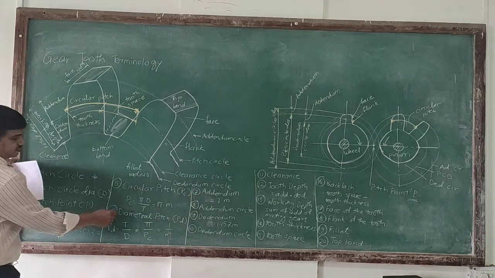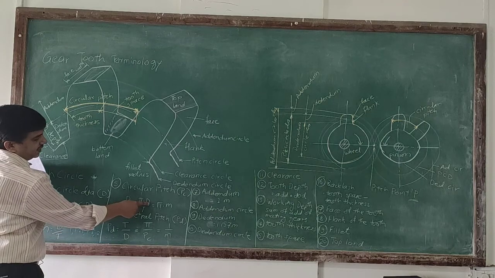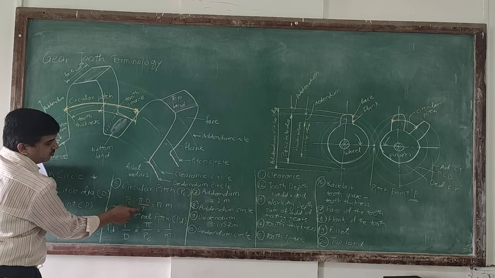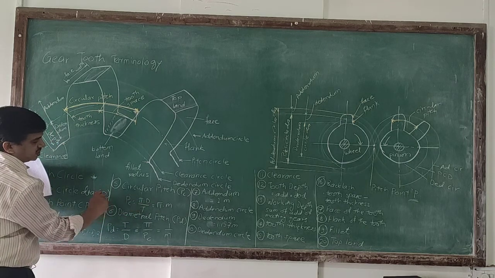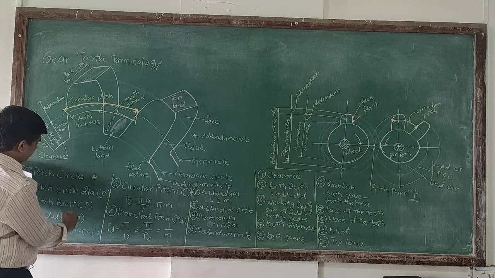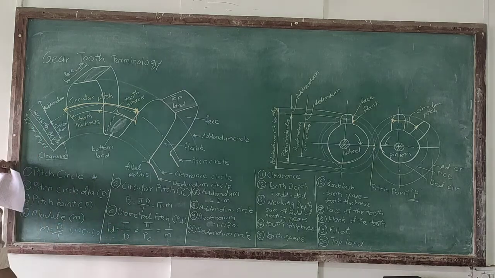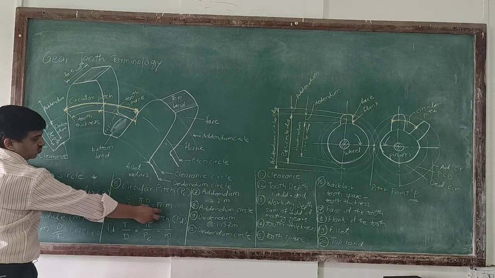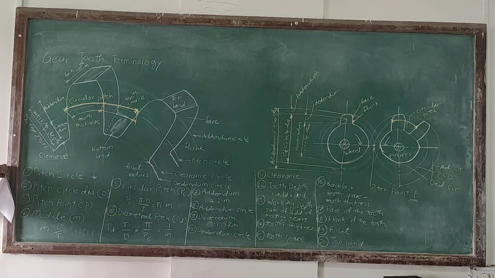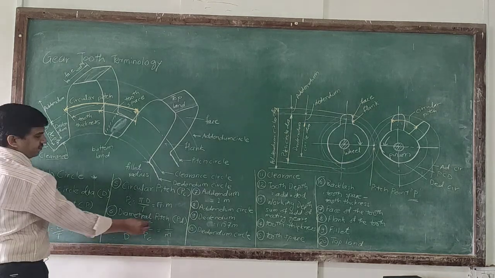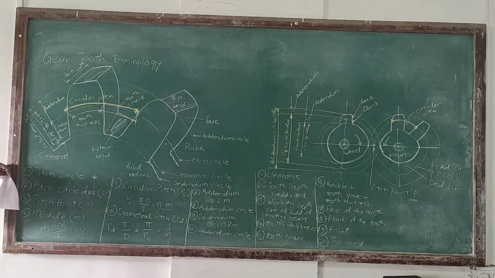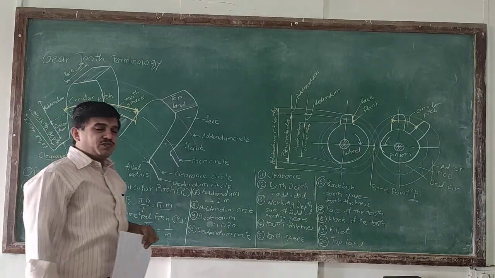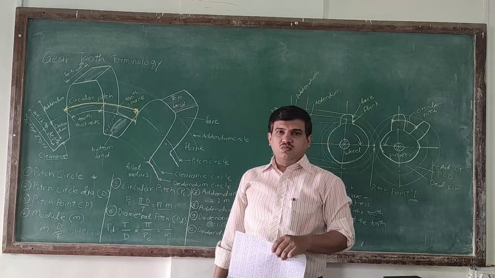But mathematically, PC is what? Pi D upon T. Okay. So what is pi? It is the pi value. D is the pitch circle diameter. T is the number of teeth. As you are aware that M is equal to D by T, if we replace it, what will PC be? Pi into M. Everywhere we are converting the values in terms of module. Okay. So circular pitch is pi into module.